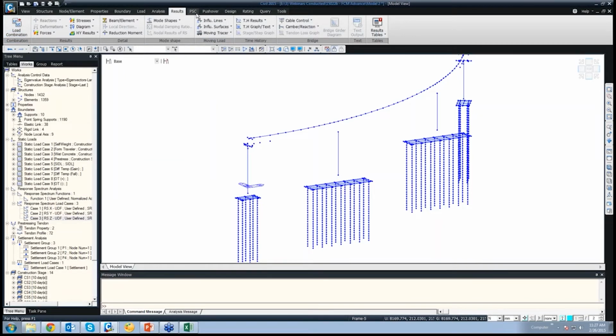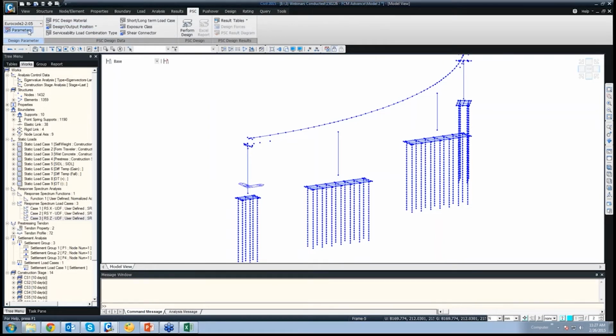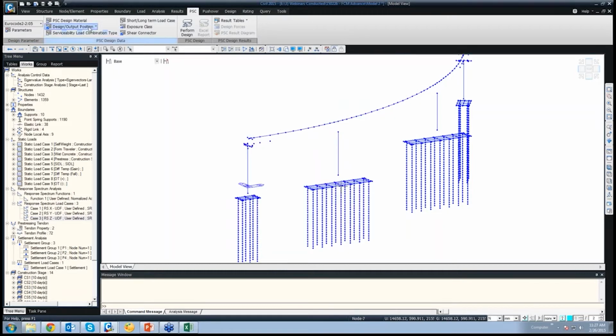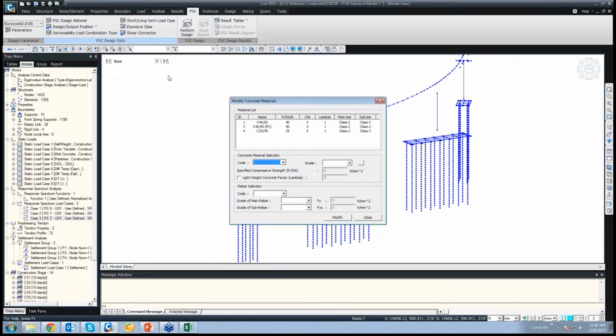Now for PSC, we'll select the code as Eurocode. We go to parameters. We'll select all the parameters. Use the recommended NA. Besides that, there is British and Italy NA. Prestressing steel as smooth bar and wire, and say okay. Design material.